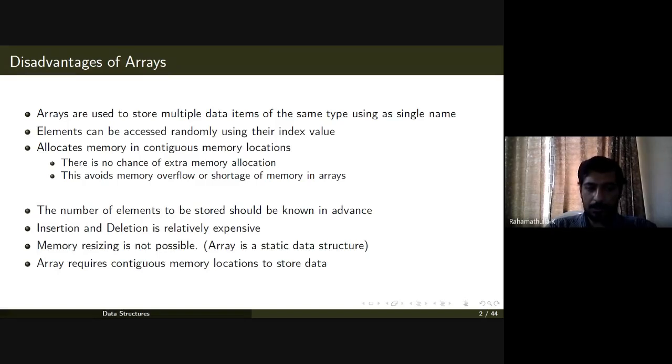So that's another disadvantage. Even though we said that was an advantage, it is also a disadvantage: if we require to store a very large array, and you are not able to find that much amount of continuous memory locations to store it, then it will be a difficult situation.